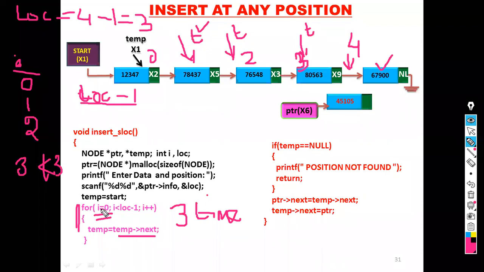All of you clear? When this loop is executed, now temporary pointer temp is pointing to which position? Tell me. Now it's clear? Yes, ma'am.